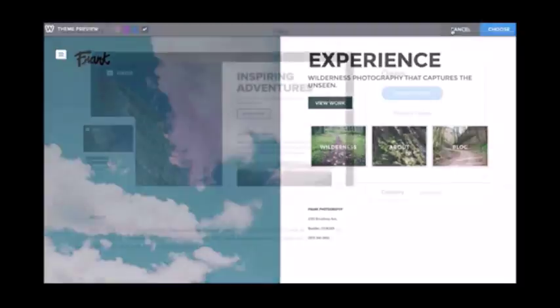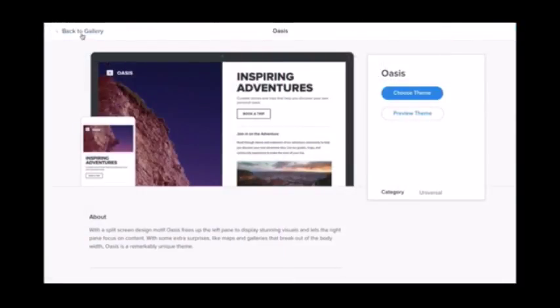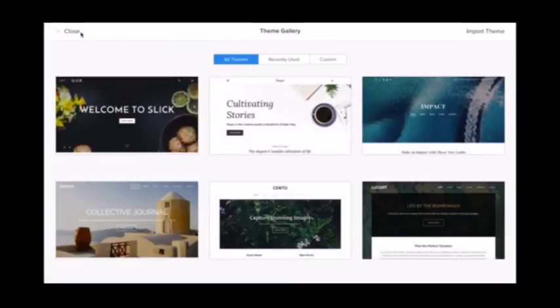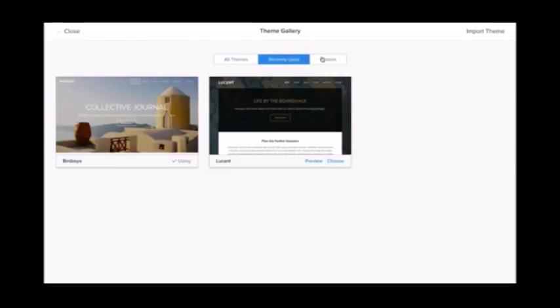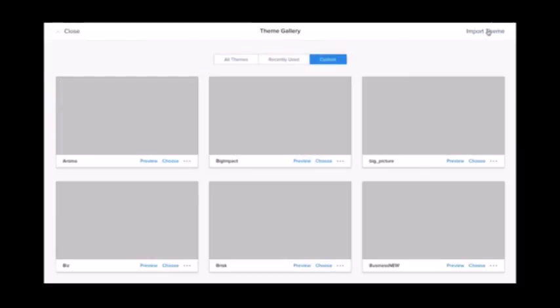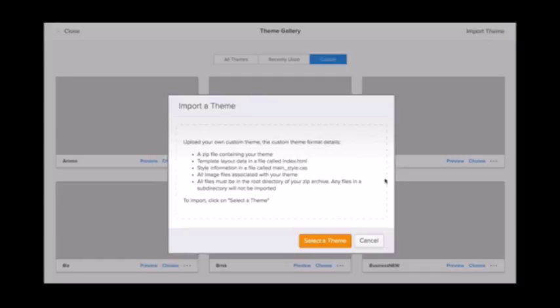Save it or cancel to go back. View themes you've recently used, or any custom themes you may have. You can click Import Theme to use a custom theme of your very own, and it will live under the